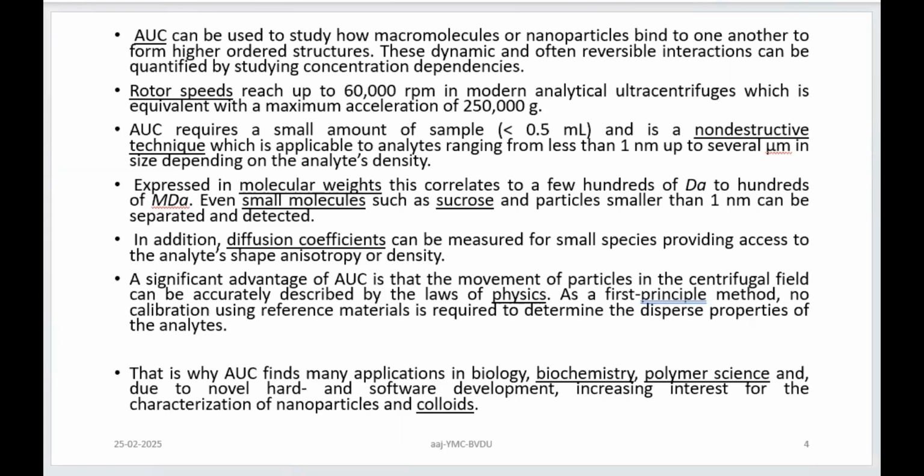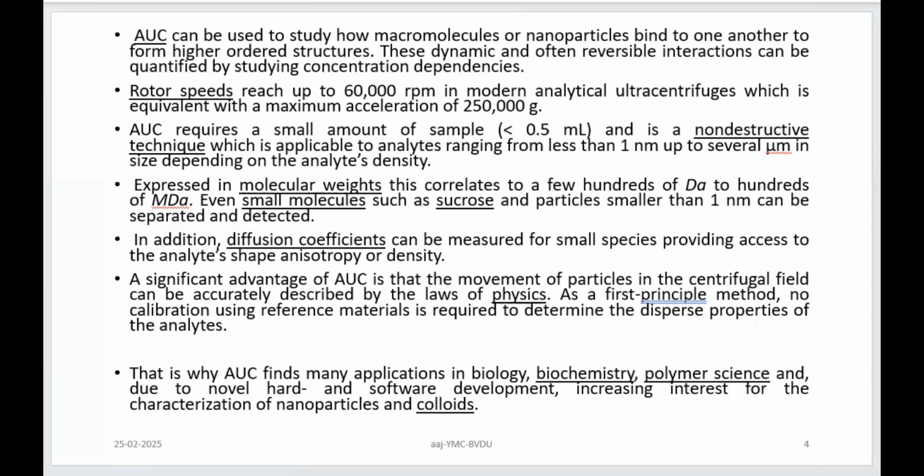So not only analysis of whether the product is formed or not, or there is a ligand bound protein or not, or to the enzyme or not, whether DNA protein interaction has occurred, or any two other protein molecules, if they are interacting for some catalytic process or metabolic process, have they complexed or not. It's not the only application. Further, the application is quantification.